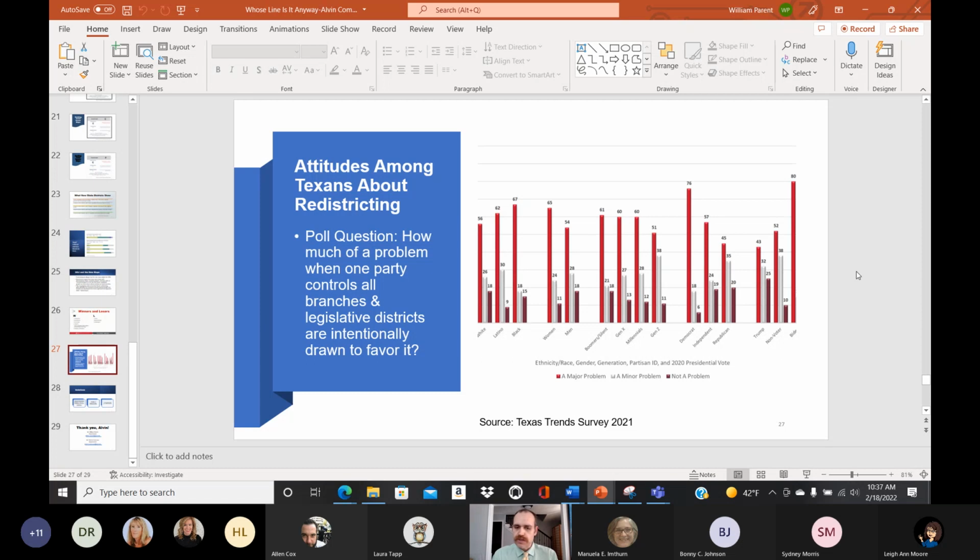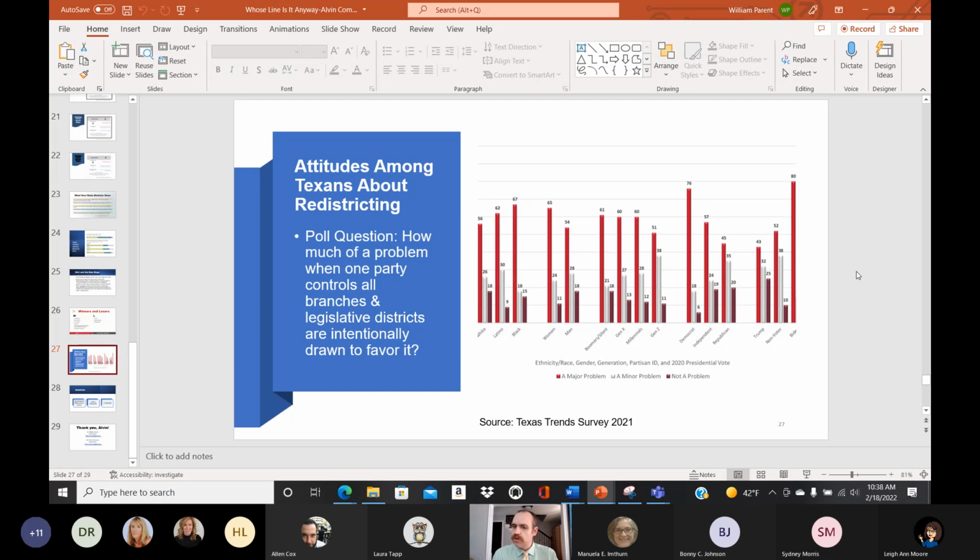I don't know how well you all can see this, but 56% of white Texans said this is a major problem. 62% of Latinos here in the state of Texas said that this is a major problem, and 67% of Black Texans said this is a major problem. You can see that 65% of women said this is a major problem. 54% of men said it's a major problem. 76% of Democrats said it's a major problem. 57% of independents, even a plurality of Republicans said that this is a major problem, even though Republicans benefit, obviously,